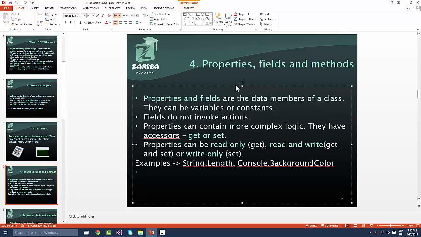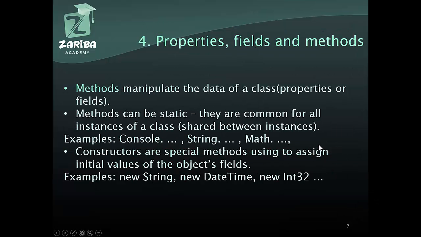Okay, so this slide is properties, fields, and methods. We did the properties and we did a couple of examples. Let's go to the next slide, which is methods. So methods manipulate the data of a class. When I say data, we mean properties or fields or attributes. Methods can be static, which means that